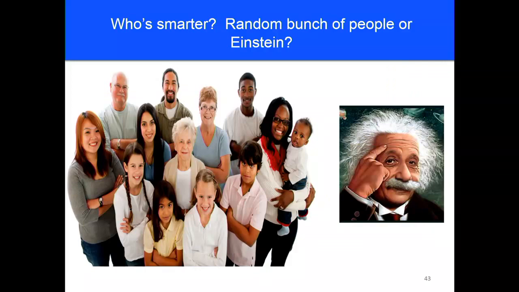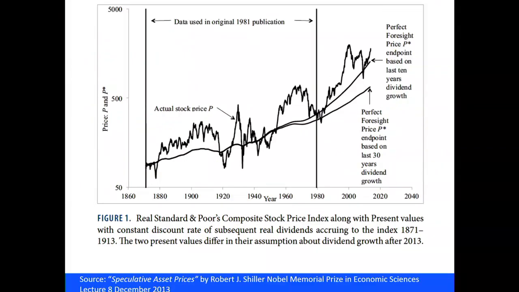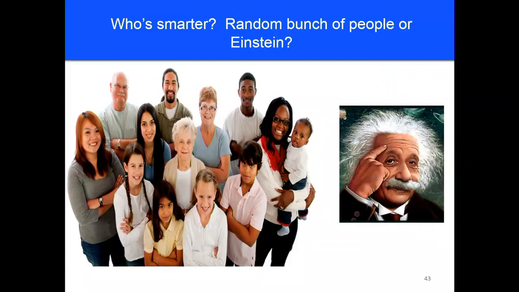So if people aren't making these calculations, how could it be that the market is efficient? So just to make sure what we're getting right here is, we're saying that the market has more information than any one individual. What I'm saying is that the interaction of all these people buying and selling results in a market price that is better than the educated calculation of someone as smart as Einstein. I don't know whether Einstein gambled in the market anyway, but you get the point. Yeah, so substitute any smarty for Einstein.